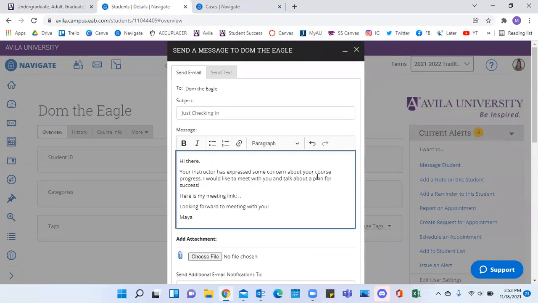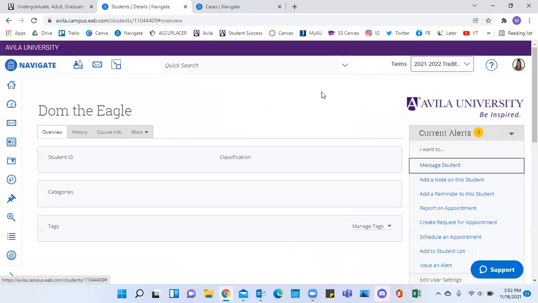And then the student will ideally set up a meeting with you, and you would have a meeting with the student. So let's say I did meet with Dom. We had a great conversation. We figured out what was going on. He was just having some issues with his time management. And so once you do have a meeting with the student, you would do the appointment summary in Navigate,